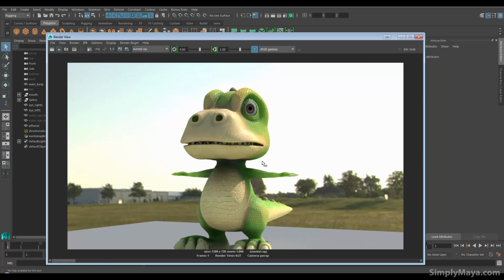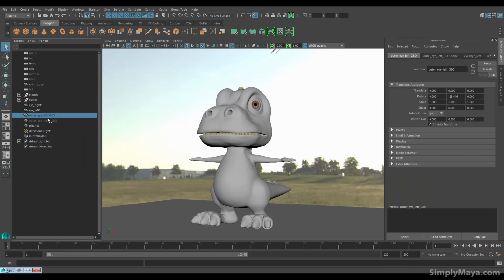Okay, so there we go. We've got eyes, teeth and horns along here. Now these are just diffuse reflective materials, so they're only going to show the diffuse contribution. There's going to be no reflection other than the diffuse reflection, of course. But we want a glossy reflection or a specular reflection along the eye, and that's where our little eye caps